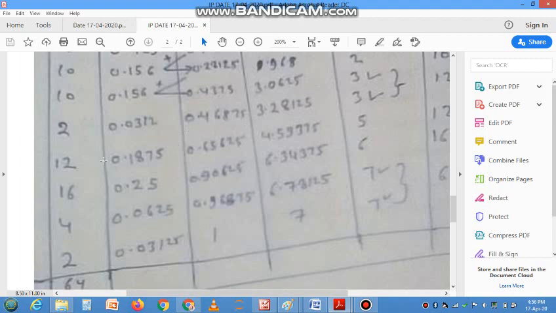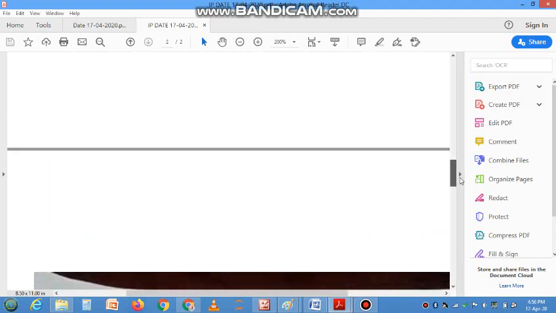Now at gray level 5, what will be the sum value? 0.46875 plus 0.1875, then we will get 0.65675. Okay, now at this gray level, 0.25 plus 0.65675, then 0.96625. Next at this gray level, 0.0625 plus 0.96, then we will get 0.96875. Now at this last gray level, 0.968 plus 0.03125, then we will get 1. So in this column we compute the sum in this way.